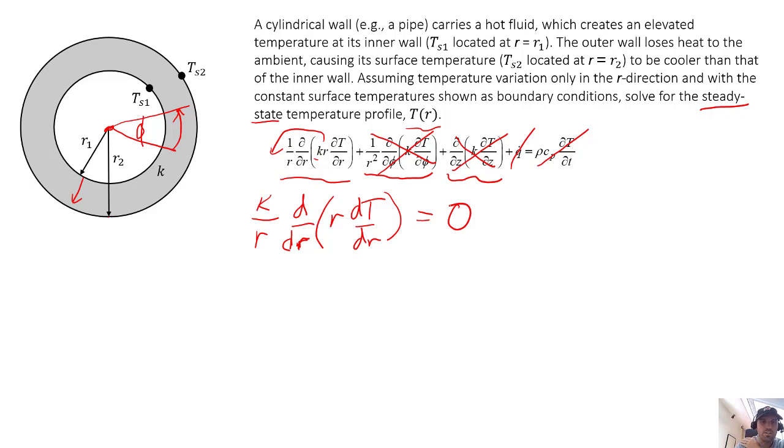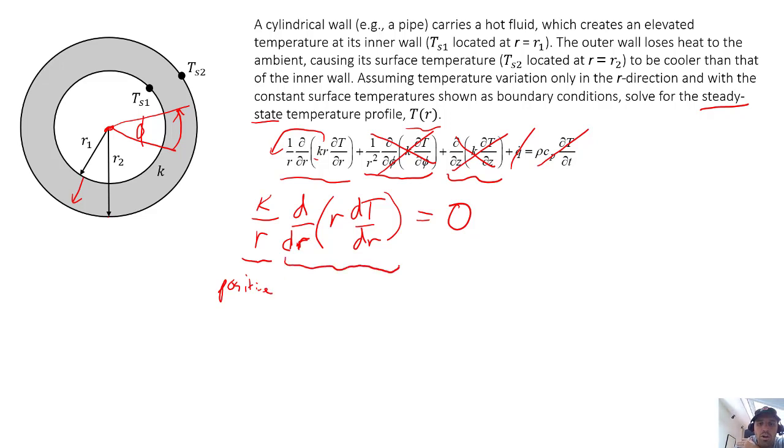So what you see here, assuming R, we're only going to be considering R going from within this wall. So only R's between R1 and R2 is what we'll consider. So R will be a non-zero term. It'll be a finite positive number. K, thermal conductivity, is also always a positive number. So here we have a positive number